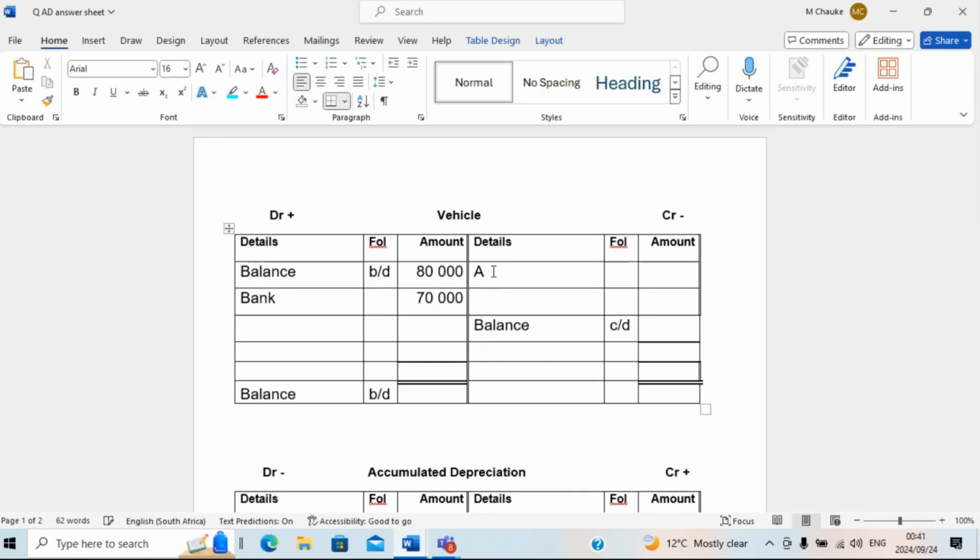We've disposed of a vehicle, right? So we're going to say asset disposal on the credit side, because asset disposal is like a decrease in our vehicle, because we've taken the vehicle out. We've sold the vehicle. So whenever an asset decreases, we credit, you remember. So now you're going to say asset disposal